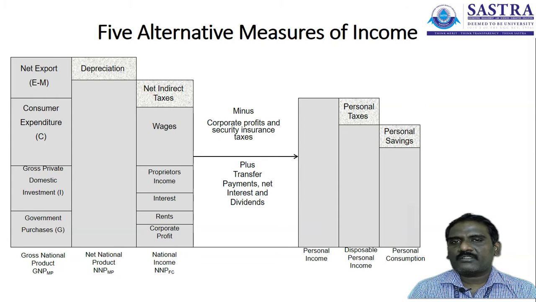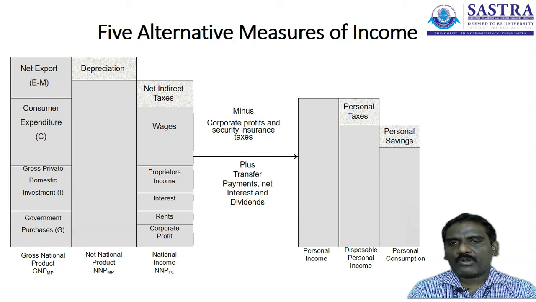It means what services we have availed from a foreign country, for that we have paid the amount. Similar to this, what factors have been rendered from the domestic country to a foreign country, thereby we have received income. Together we add these to arrive at the gross national product at the market price.